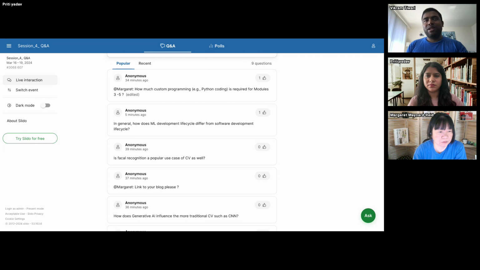But yeah, it's a totally different way to think about the problems, because in one you know exactly what the things are doing because you have written the code, you can see it, versus the other side is a learning thing, and it depends upon the data. So what it's learning, you have to have good understanding of what it's learning, and there are tools around this where it can tell you, hey, you have a class imbalance, you have a lot more images of this type of data versus very few images of this type of data, so your model might not learn these specific things. But this is a different way of thinking about that. Sorry for the long answer, but yeah.